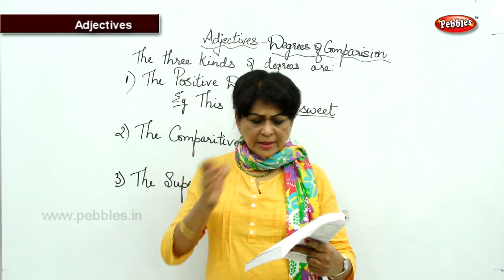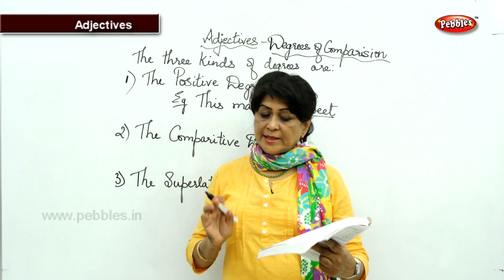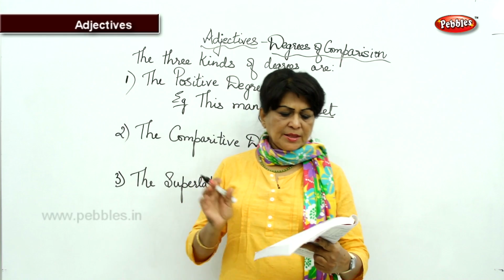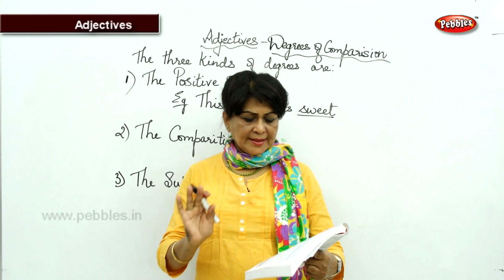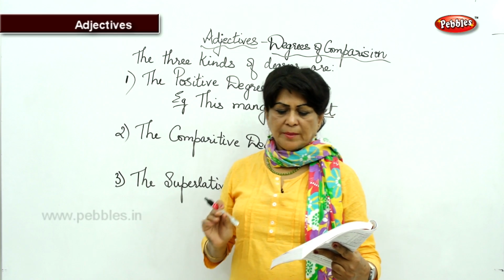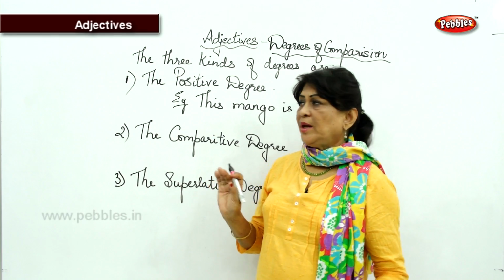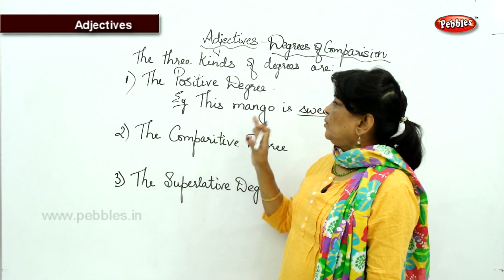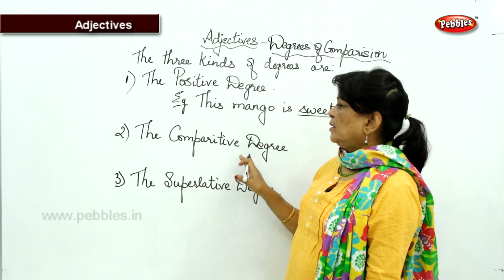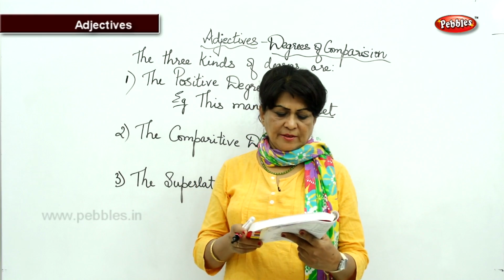Okay. Next one. So, the positive degree of an adjective is the adjective in its simplest form. It is used to denote the mere existence of some quality of what we speak about. It is used when the comparison is made, like it is used before the comparison. This is before the comparison is made. Next we are going to see how this can be used in a comparative form.